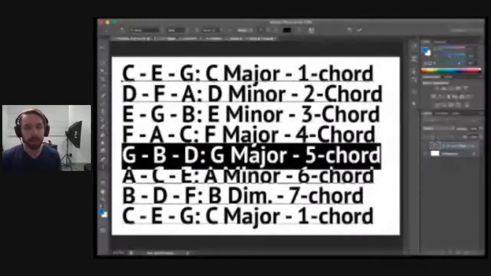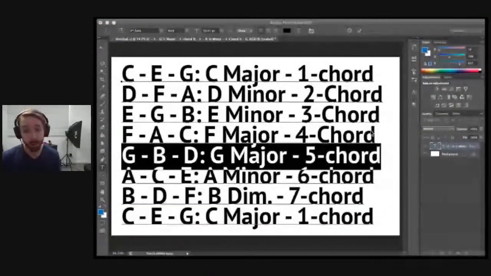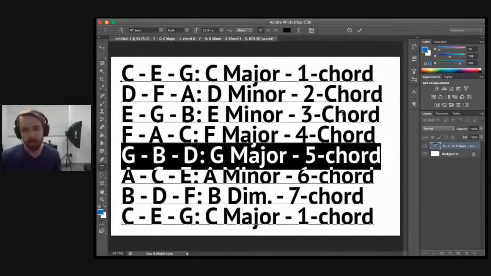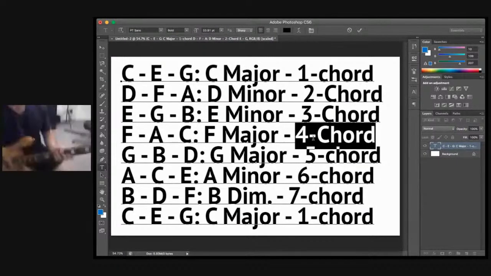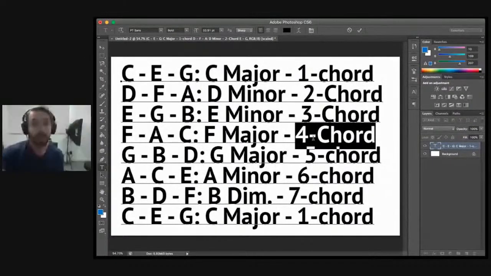So if you do find that, however you want to find it, if you know the 4 chord is, for example, an F, you can go from wherever you are on that F, and you know that the root is going to be the same fret on the string below. Or you can think about it like this: if you're on the 5 chord, the G in this case, the 1 chord is going to be on the same fret, a string above. So from the A string, it's on the D string. And this works with any key.